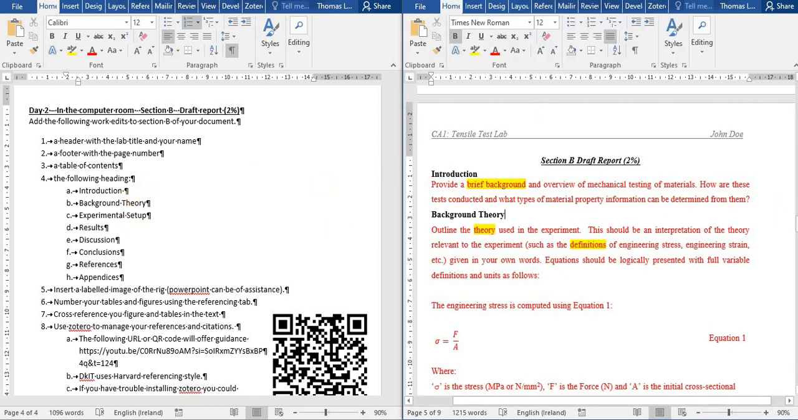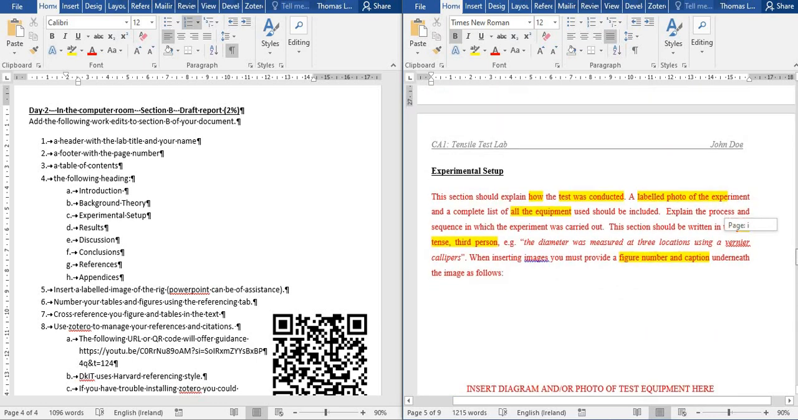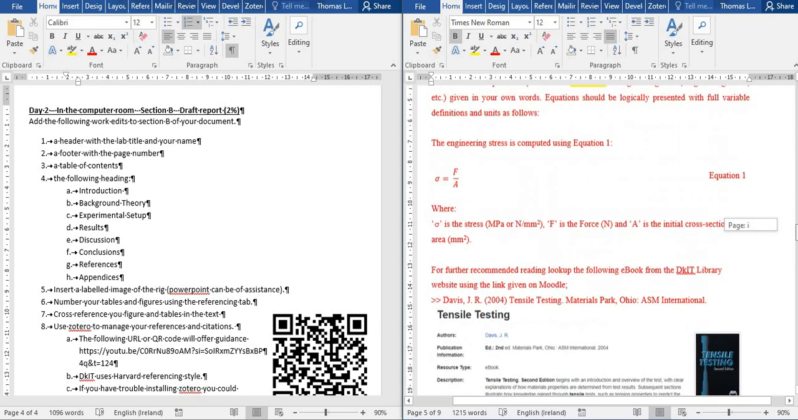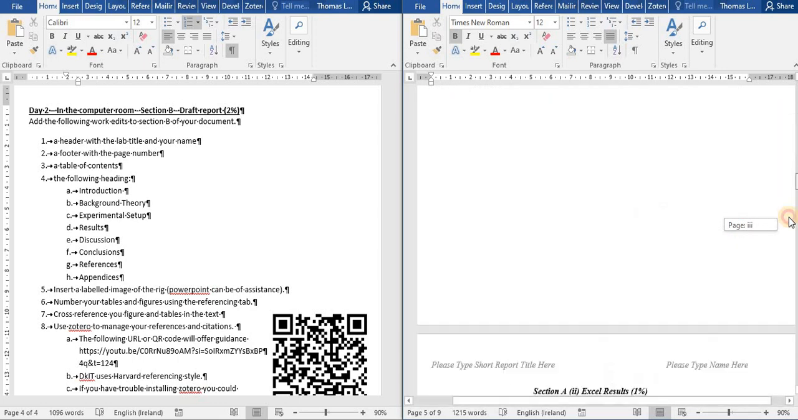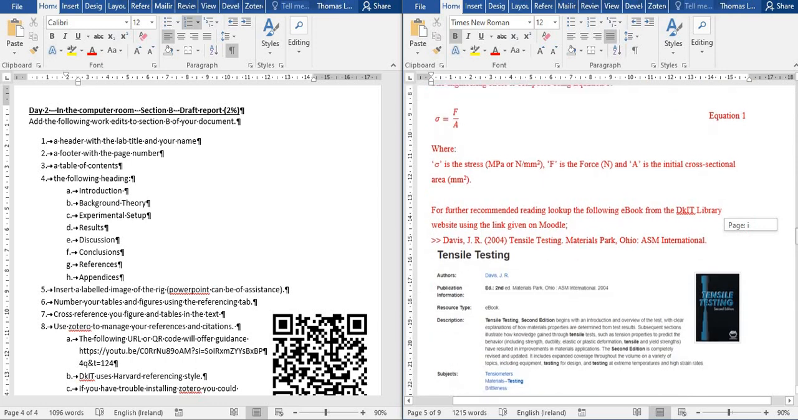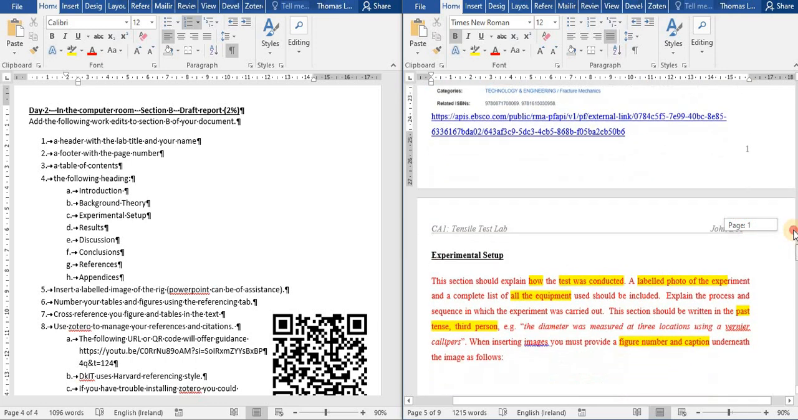So that's the header done. Let's see if the header turned up on the next page. Yes, it follows through. So that's exactly what I want. And it's not on the previous pages. That's grand. So the next step then,